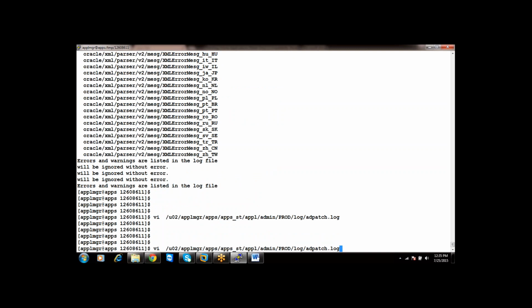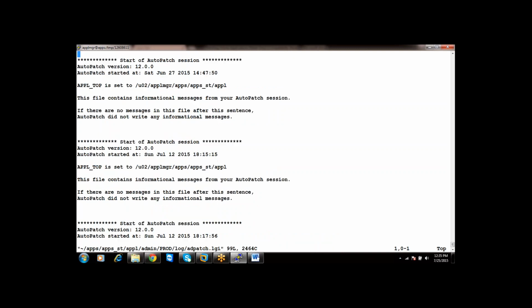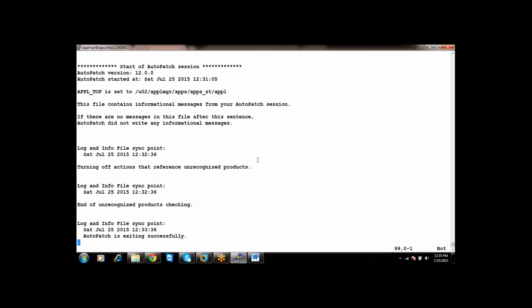It also generated one lgi file. When you open this lgi file, you will be seeing the patches which got skipped. Your log file contains the information related to errors and warnings, and your .lgi file contains the information about the files the patch skipped.